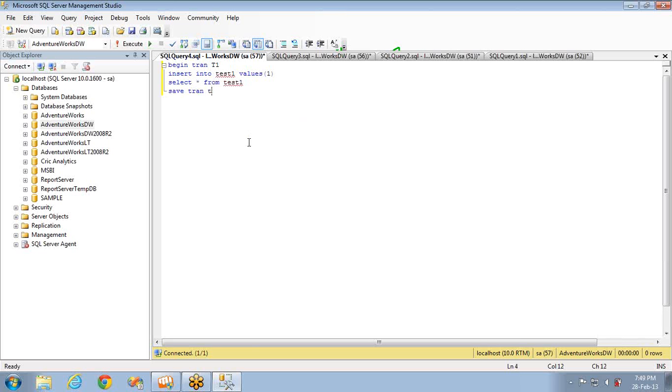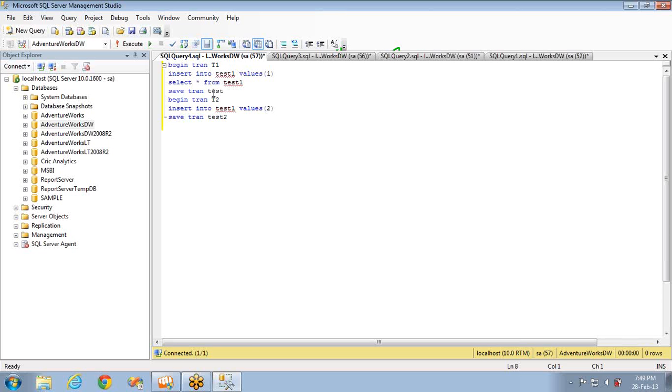T1 or test. So I'm going to save the transaction at this point of time, and I'm beginning one more transaction, that is T2, and I'm inserting one more record into the table with the value 2, and then I'm saving the transaction here. Save tran test1 or test2.